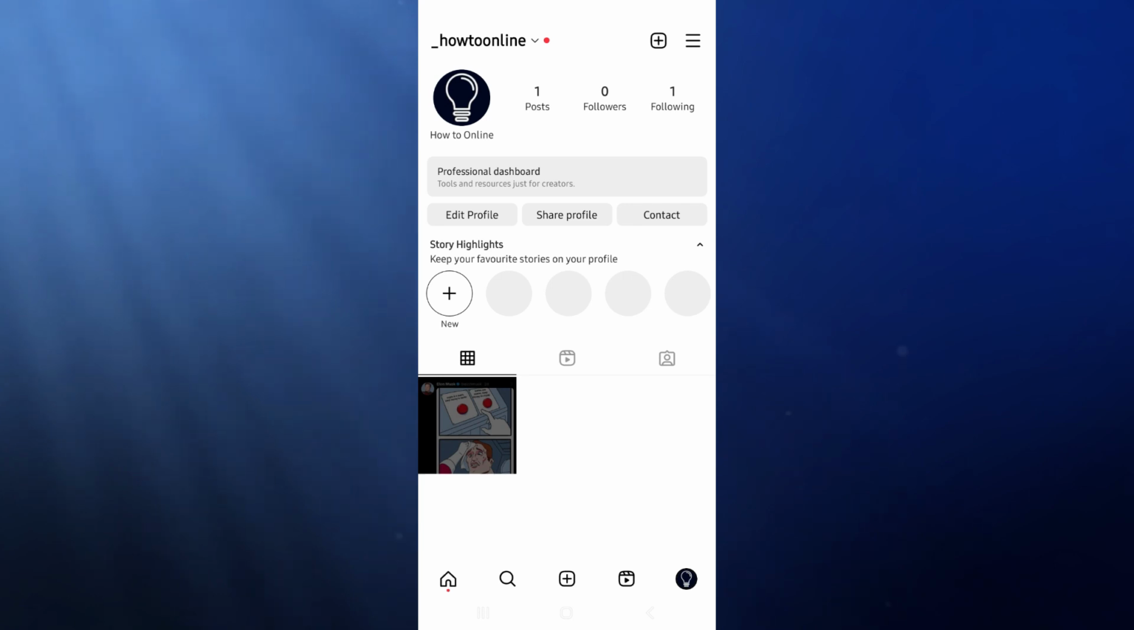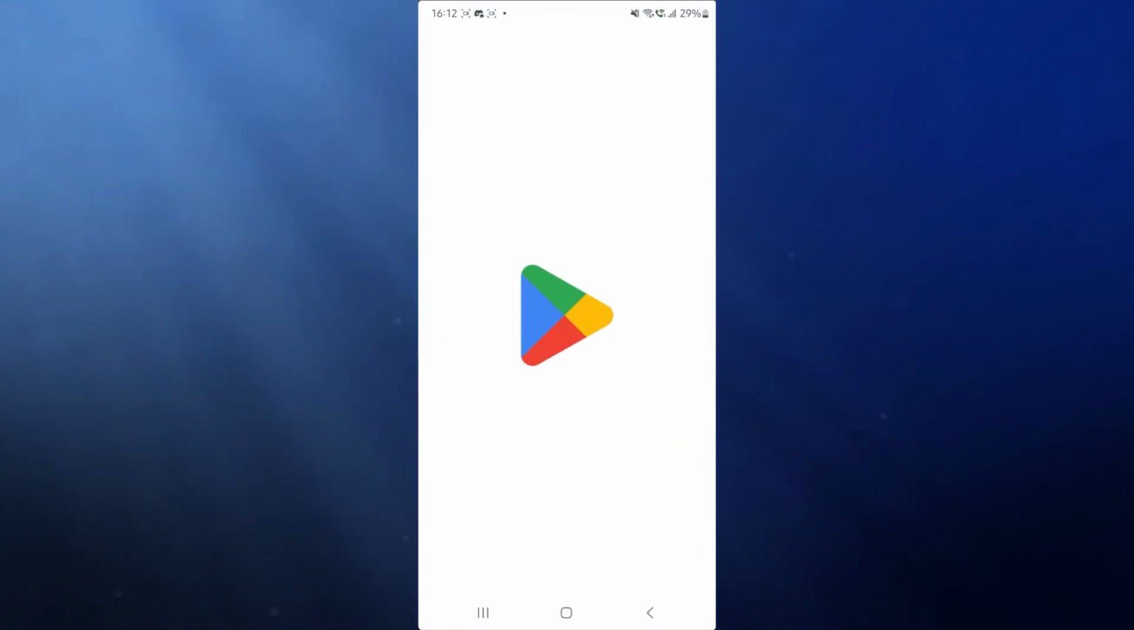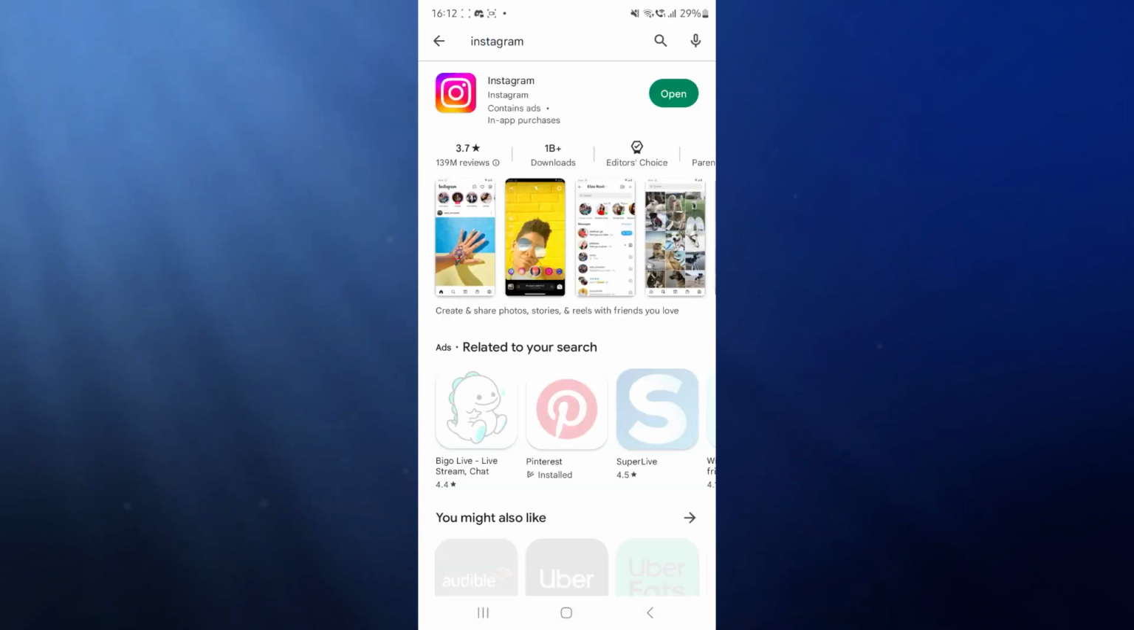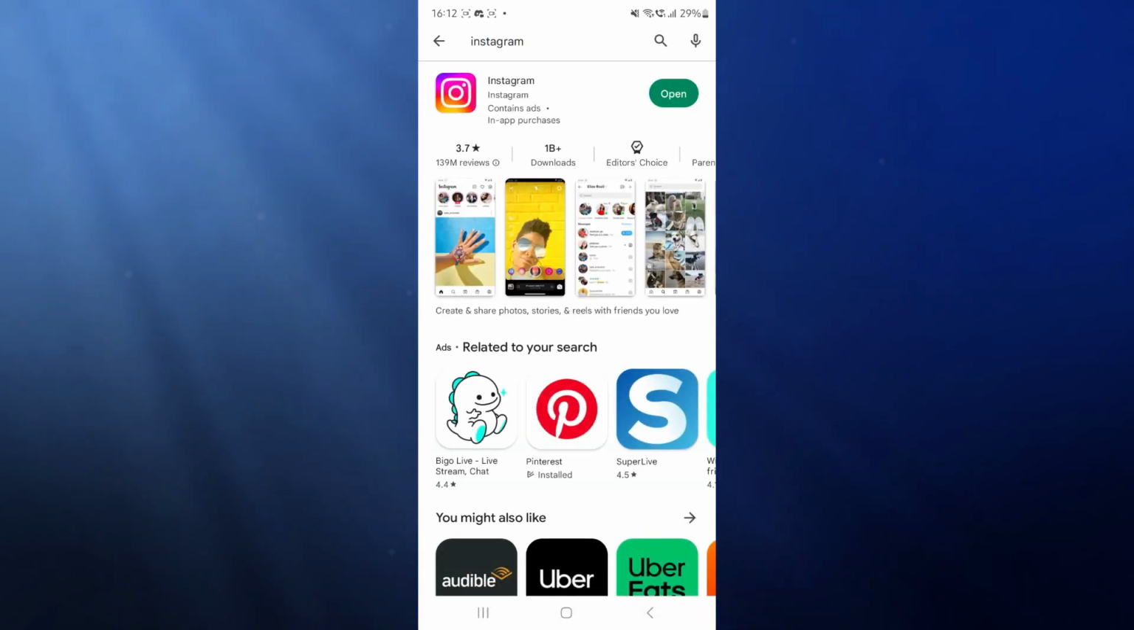Alternatively, if you don't want to do this, what you can do is you can come all the way back, go over to Play Store, search for Instagram, and then what we can do then is we can uninstall and then reinstall the Instagram app. So if you try these three things, your Instagram ban should then be over,